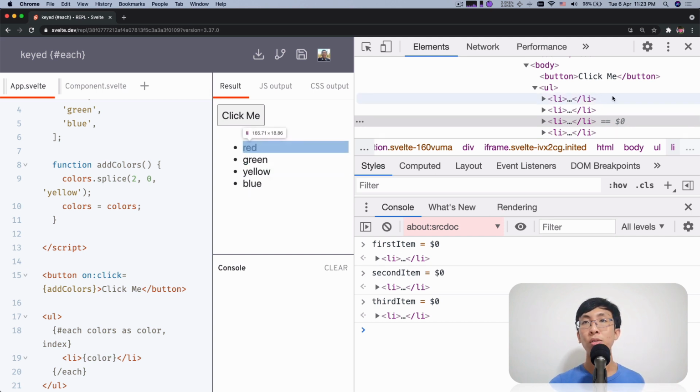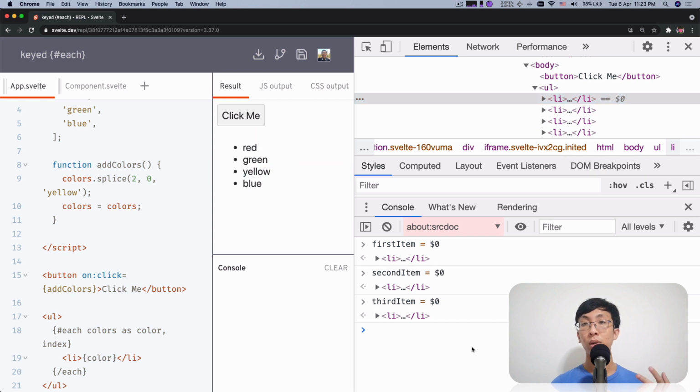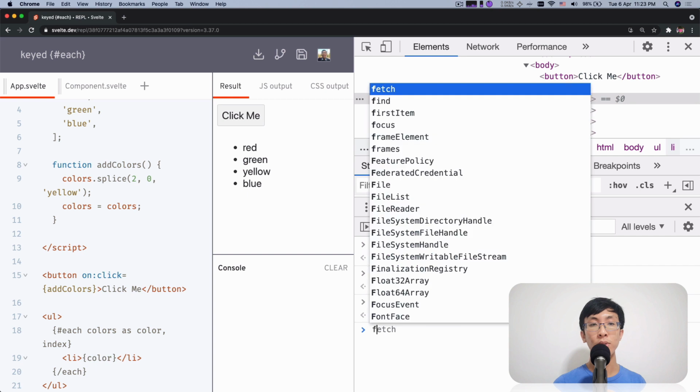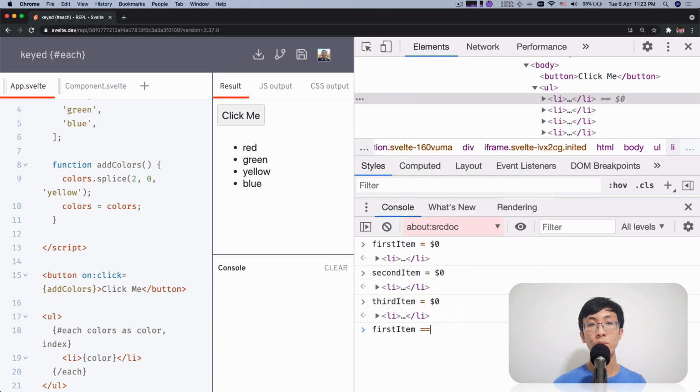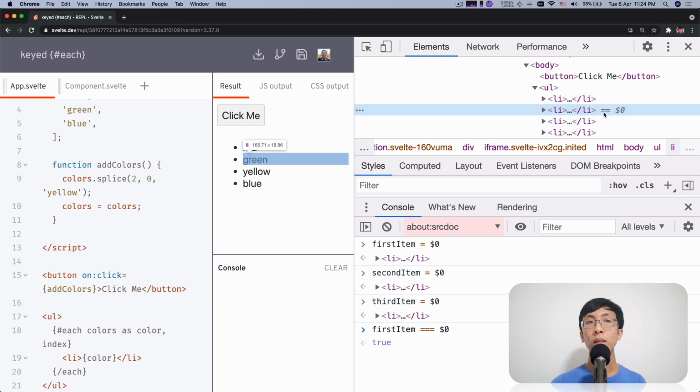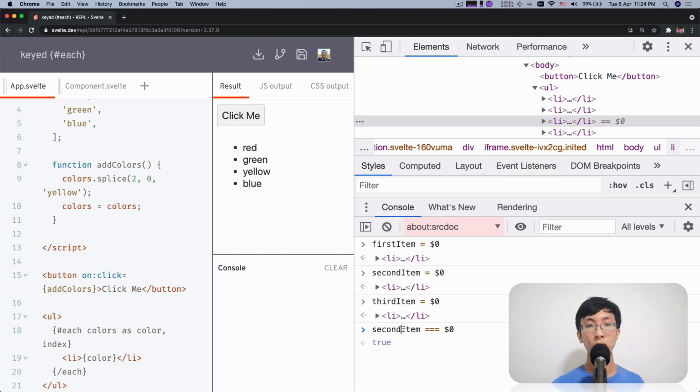So I'm going to come over here and do the element reference comparison. Right, so I come over here and say, is the first item equal to the current element? Well, it's true, yes. And the second element is the green color one. And I'm going to come over here and compare. Is the second item equal to the current? Yes, it is. And I'm going to highlight the third one and say,